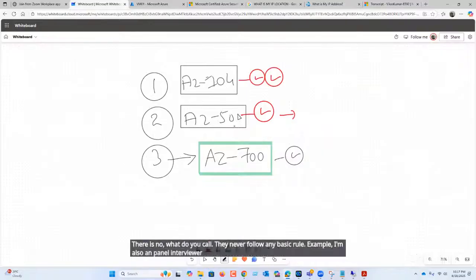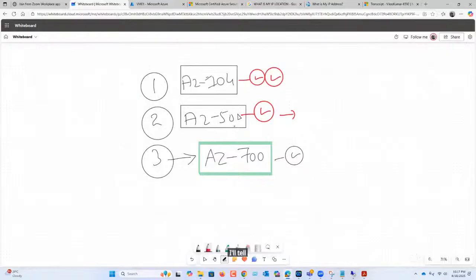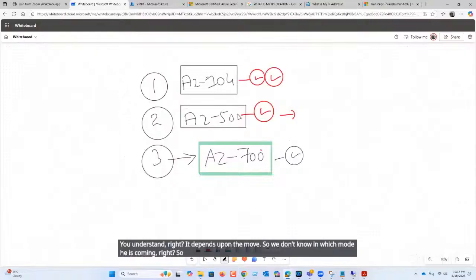If I'm very happy, I'll ask just 30 minutes, maximum. But if I'm not happy, I'll ask almost 1 hour of that guy. It depends upon the mood, and we don't know in which mood he is coming. So even if you are coming for this, they could ask some more things here and there also.